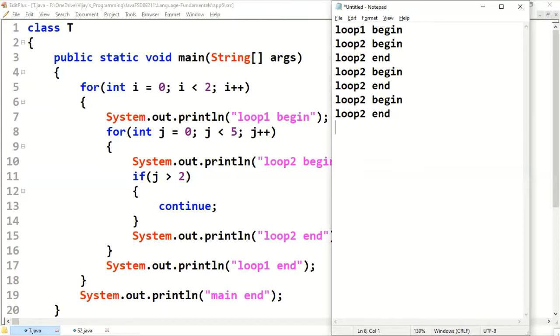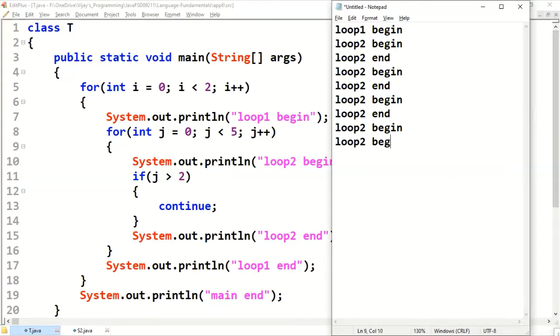2 is becoming 3. 3 less than 5? Yes. Loop 2 begin. 3 greater than 2? Yes. Continue. Without executing loop 2 end, skip to the next iteration of the inner for loop. 3 is becoming 4. 4 less than 5?